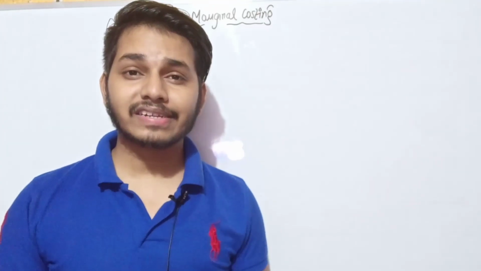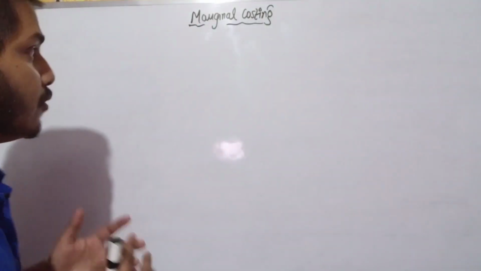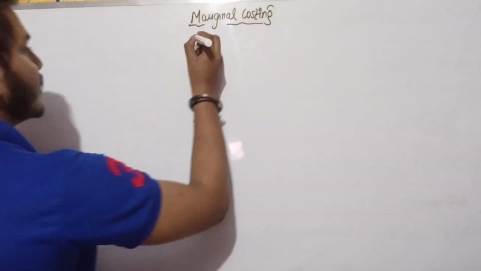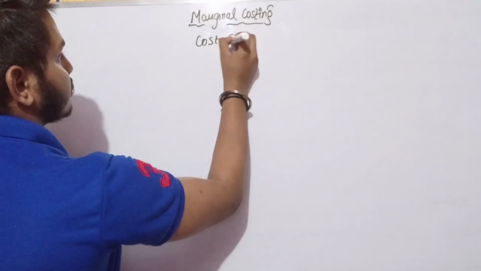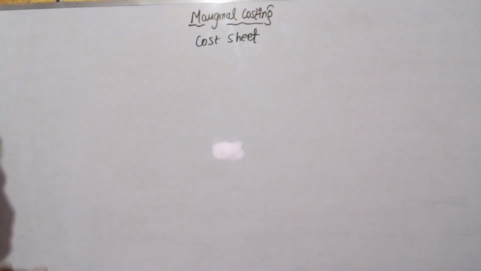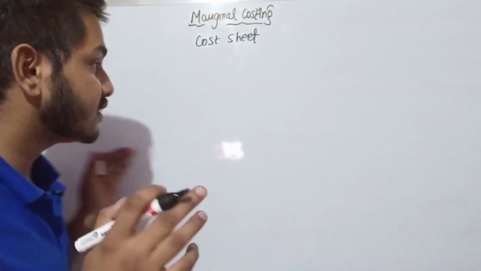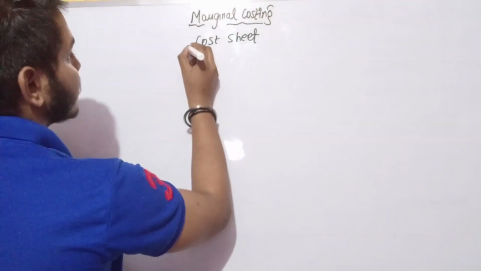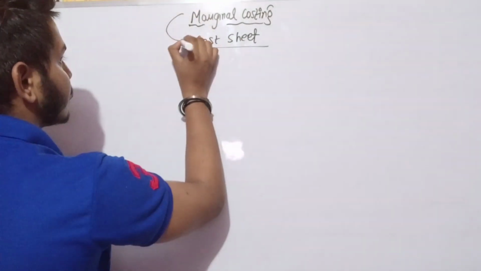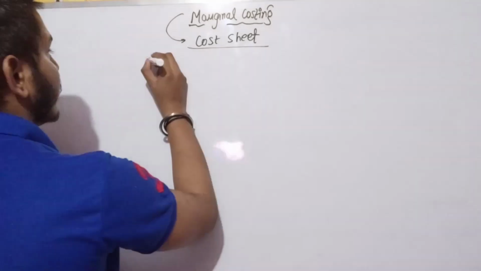We will be moving further in the marginal costing chapter to CVP analysis. Before starting CVP analysis, I must consider a term named cost sheet. So there is a cost sheet under marginal costing. A special cost sheet is prepared under the chapter of marginal costing, and that's all that you have to prepare under this chapter. You just have to prepare a cost sheet only, as simple as that.